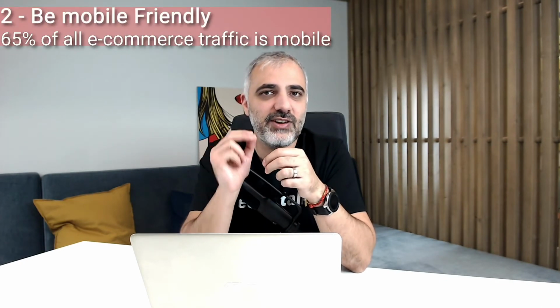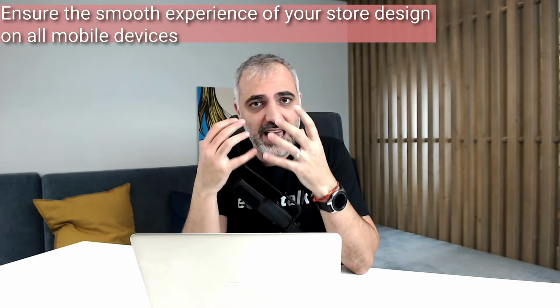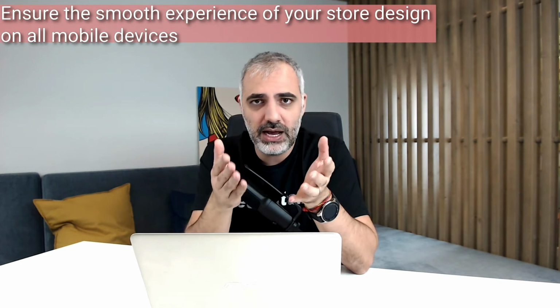Last year, 65% of all e-commerce traffic happened via mobile. So, as these numbers grow, it's important to ensure the smooth experience of a store's design across all mobile devices. Difficult navigation on a smaller screen will increase your bounce rates, since the extra effort will simply drive the visitors to the competition. Keep in mind that consumers will always prefer an easy and convenient way to purchase what they are looking for. If everything is running smoothly with these technical points, chances are your sales will go up, and